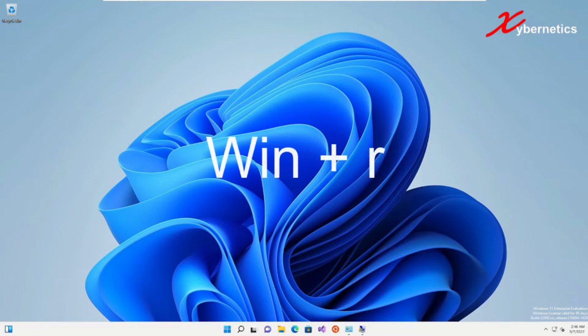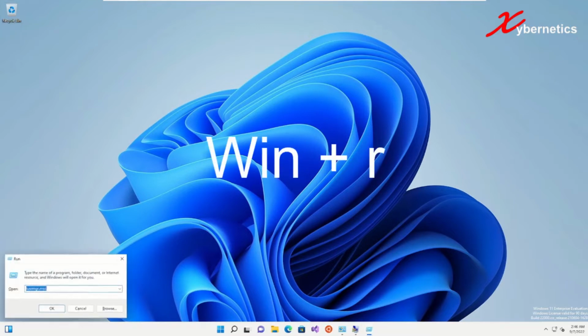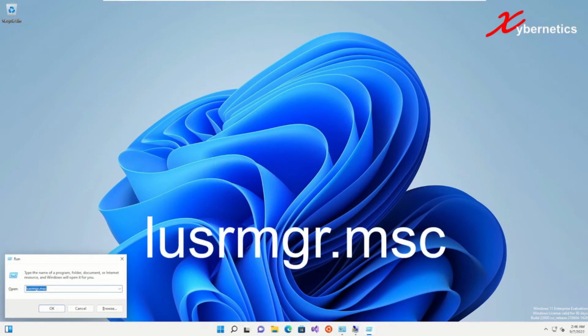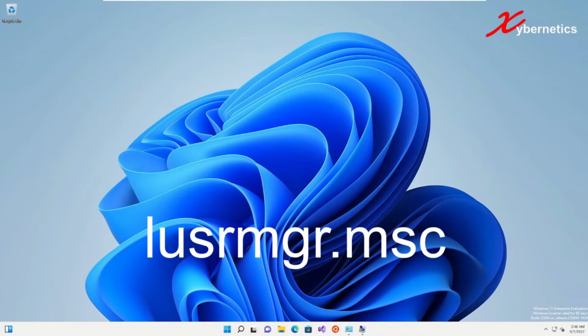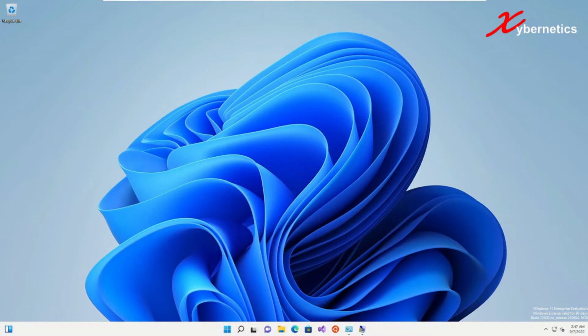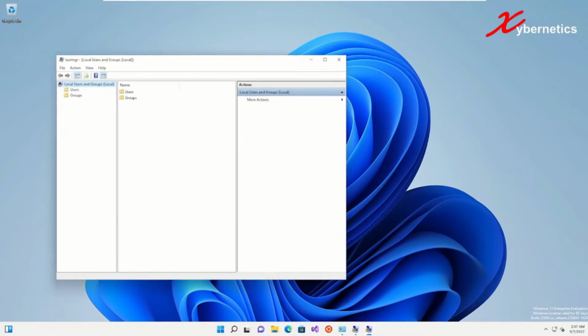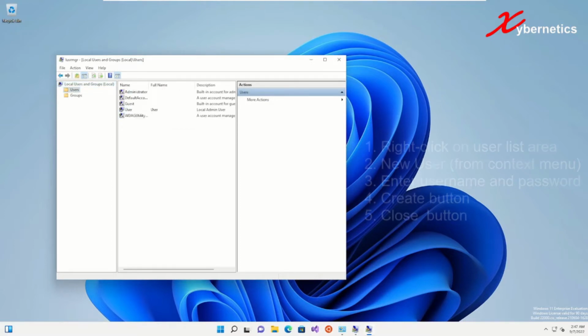Hold down Windows R to open the Run dialog box. On the Run dialog box, enter lusrmgr.msc. And on the tree diagram here, once the window pops up, click on User, right click here,